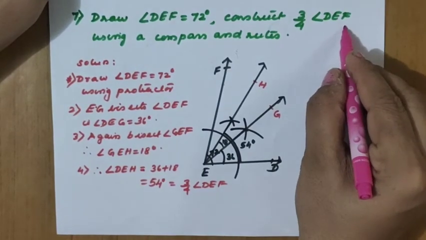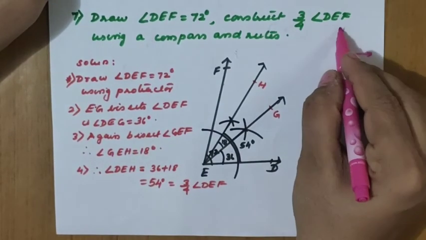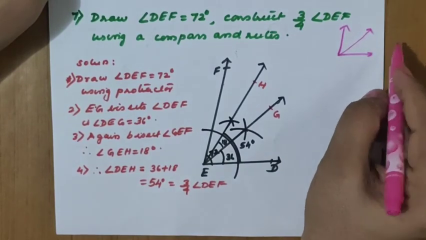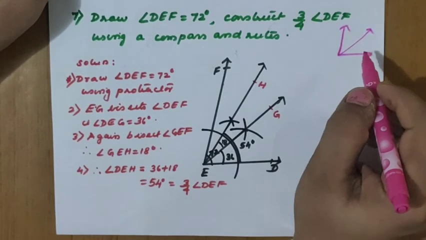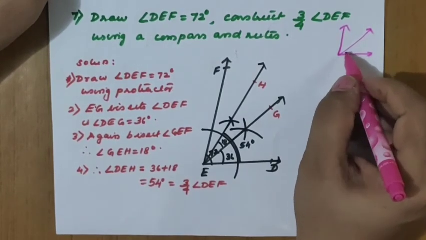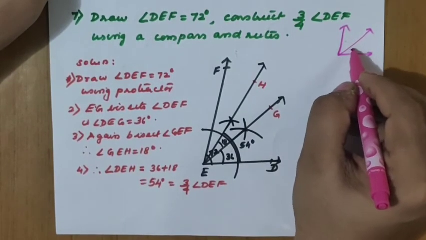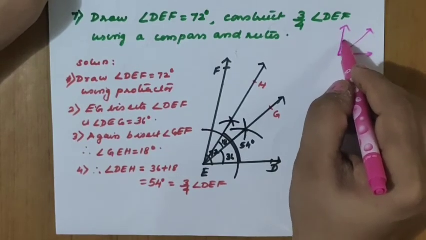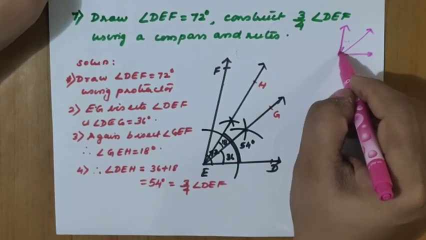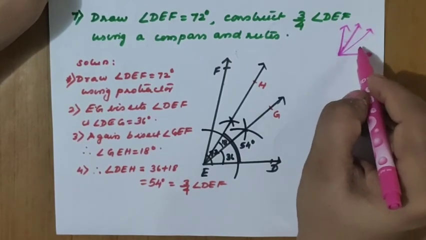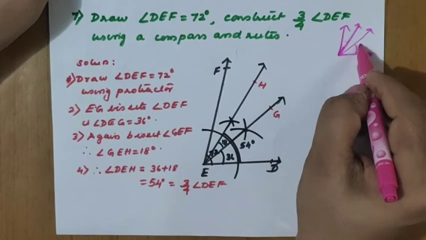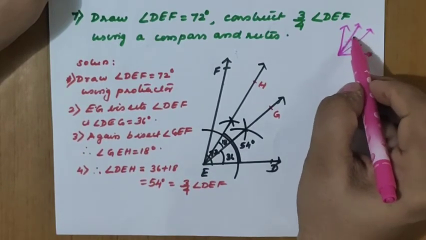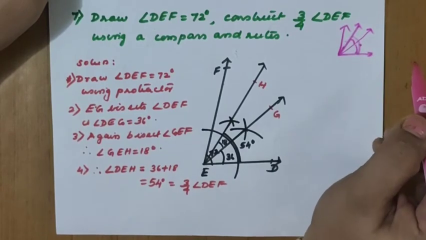See, suppose any angle we have drawn, we will bisect it. Angle bisector property we have already learned, and we know how to do the angle bisection and all. It means it is equally divided, that means halfway we got. Now again we are dividing this half. Again we are dividing, what will happen? 1/4 only will come, right? So here also half of the value we got. Again here 1/4 only we got. This angle is called 3/4 of the total angle.